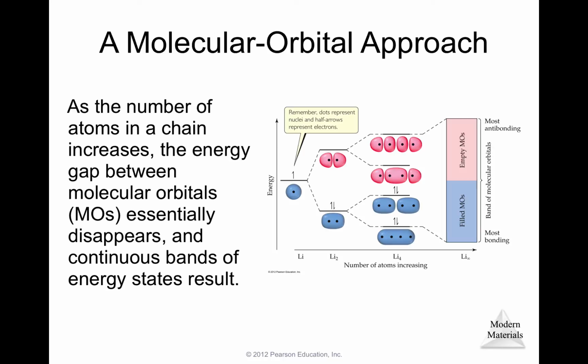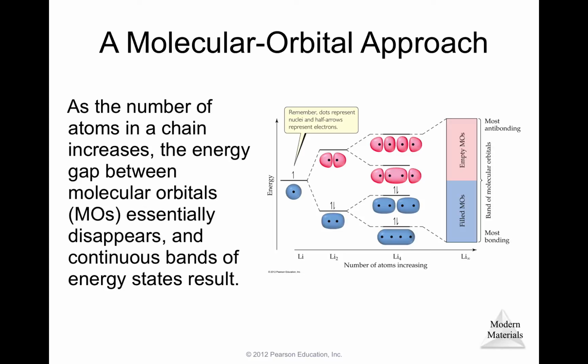When you get to the molecular orbital model, right, this is where we can describe this. So it's an overlapping of molecular orbitals. So you end up with filled molecular orbitals and you end up with empty molecular orbitals. So the electrons have some place to go now, right? They can go into the